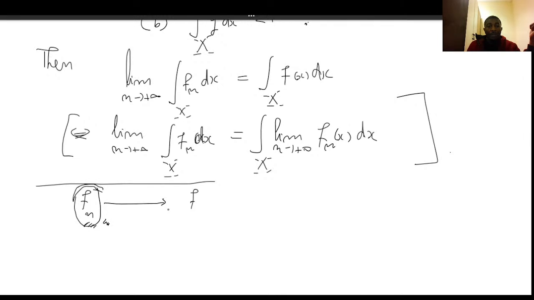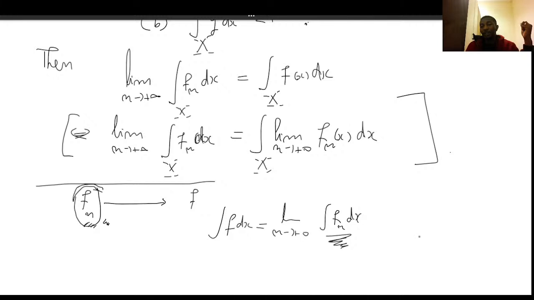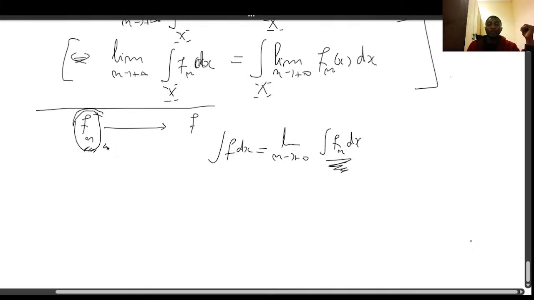That means that when we wanted to compute the integral of f, that was difficult. Now we have a formula for approximating this integral by only taking the limit of the integral of fn, but here we are sure that we can simply integrate those functions and get a very nice answer. So let us see how we can use this